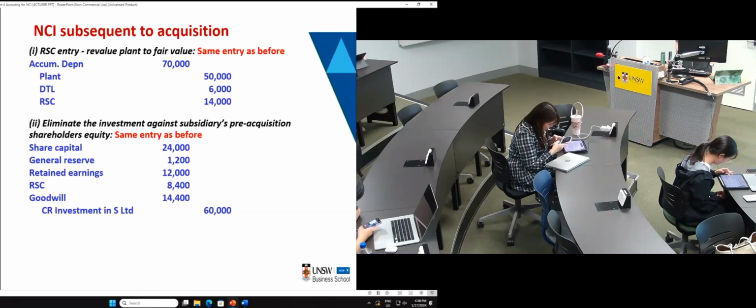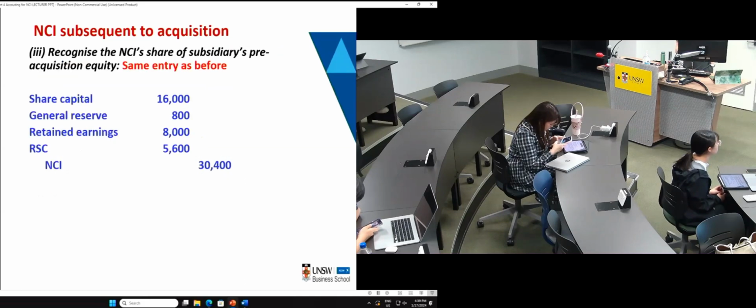Now, then we're going to move on to look at the pre-acquisition entry. Now, this is the same as before, right? Same as on acquisition date. The pre-acquisition entry remains the same because there is no transfer between pre-acquisition retained earnings and reserve subsequent to the acquisition date. Right? And there's no goodwill that has been previously impaired, so we just need to repeat exactly the same pre-acquisition entries as you have previously prepared in your worksheet on the acquisition date.